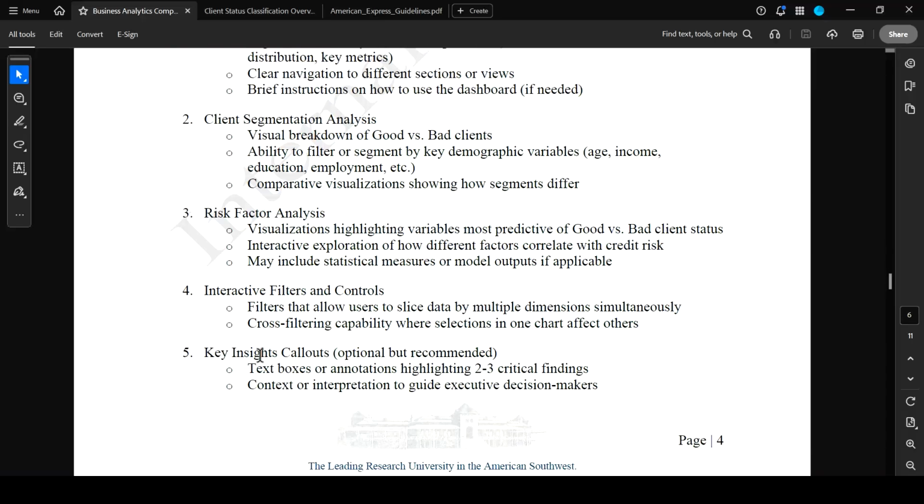If there are any key insights, again, exploratory, you're not supposed to have a whole lot of this, but if you want to use text boxes or something like that and pull-outs, you can. What I would do is, just because I only require an exploratory dashboard doesn't mean you can't build an explanatory dashboard or two or three that have key insights, because then you could pull those images into your presentation, into your infographic, and highlight that piece after you show them this exploratory dashboard and